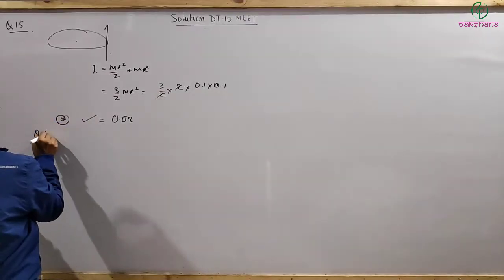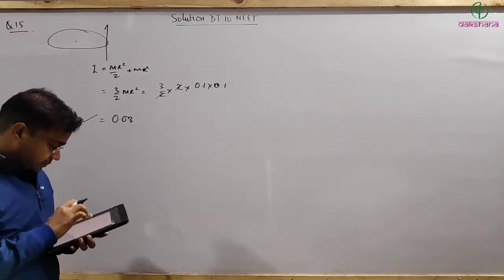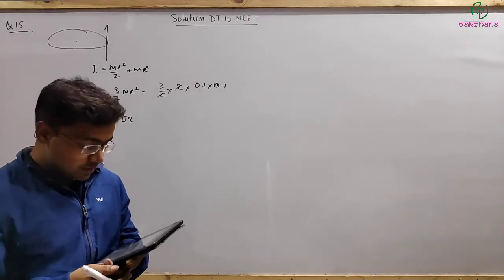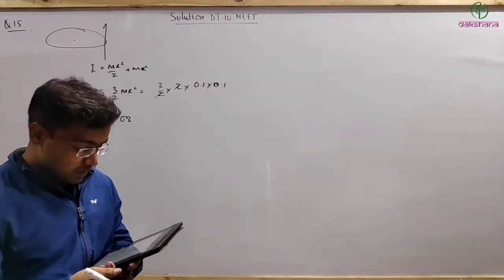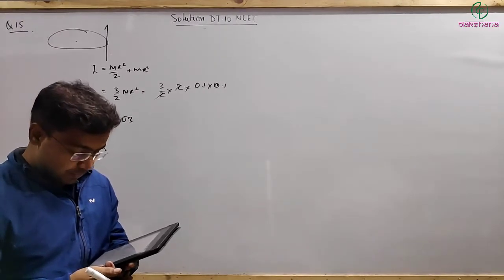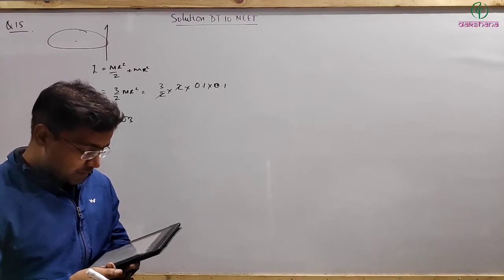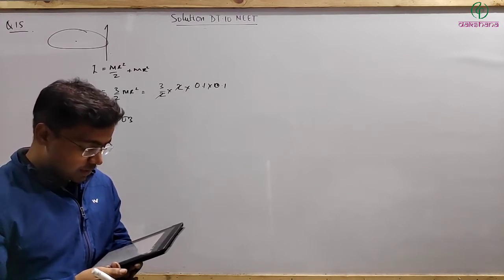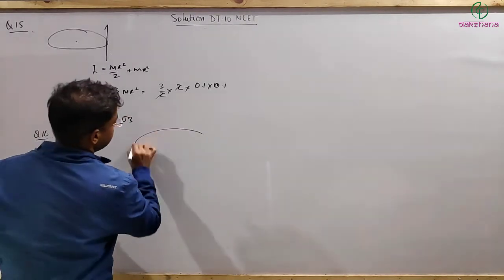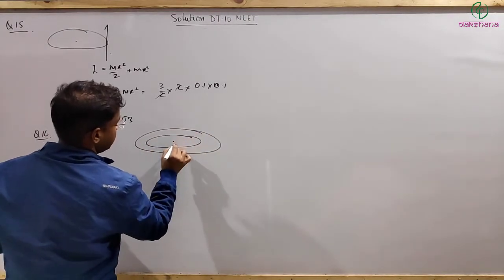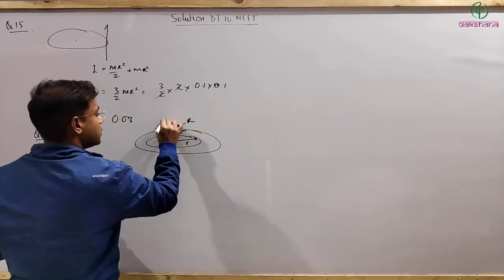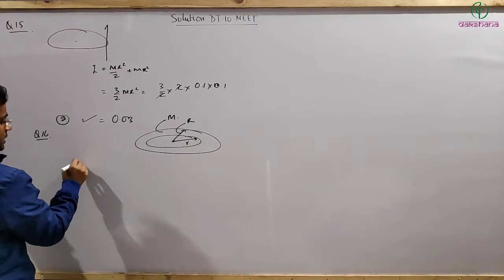Question number next 16. From a circular disc of radius R, a concentric circular portion of radius small r is cut out so as to leave an annular disc of mass capital M. The moment of inertia of this annular disc about an axis perpendicular to its plane and passing through its center of gravity is, so here an annular disc has been made whose inner radius is given as r, outer radius capital R, with total mass M. We can find it by integration, so I is equal to